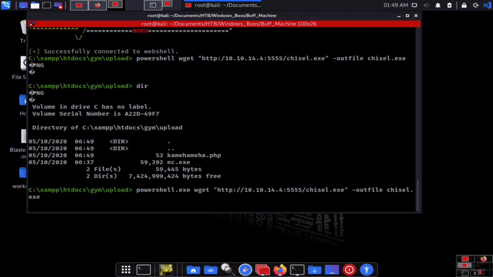Okay, this is how we can do the PT. Just try this one. If not working, we'll do something else. We can try our old method, using wget on the browser level, and then the curl command, and just try to download the file. In our case, nc was downloaded successfully, so I'm hoping today I'm able to download this file also. Just wait a little bit, it will take some time.